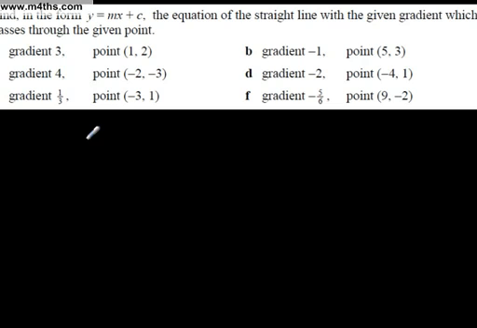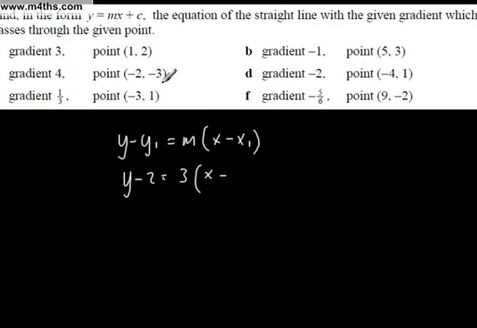What I'm going to look at is something slightly different. I'm going to present another way of looking at this. We can write the equation of a straight line as y minus y1 is equal to m, the quantity x minus x1. So let's take this first example. The gradient is 3 and it goes through the point 1, 2. So we can write y minus the y-coordinate of 2 is equal to the gradient 3 multiplied by x minus the x-coordinate of 1. So we could write this now as y is equal to 3x